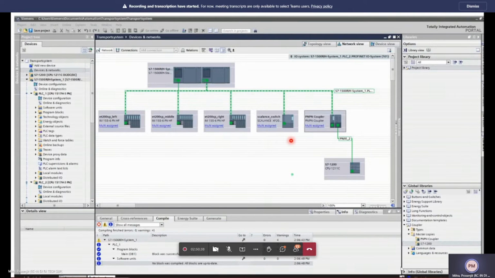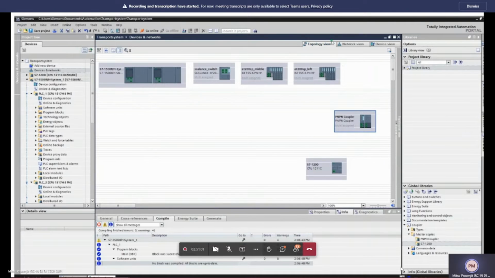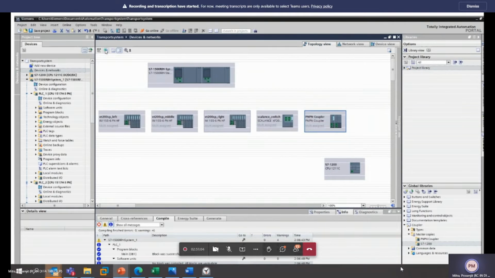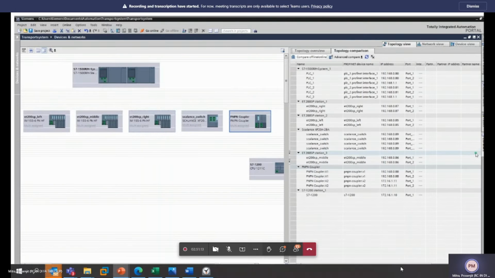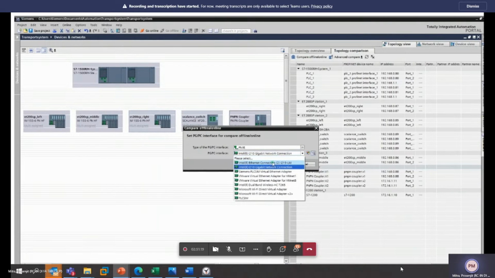So just to see some typical configuration which is required during the 1500 R/H commissioning, we will see that part. Once this network configuration is done, we have to go to the topology view and define the topology. The topology can be defined by hand, or there is an option that you can directly upload the configuration. There is an option called compare, and you can select your